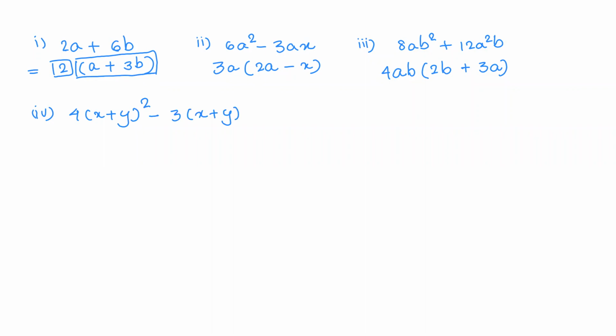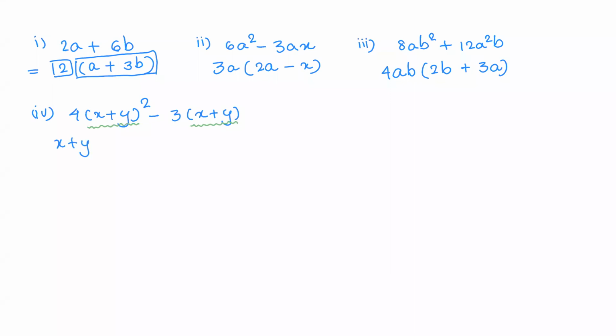So tell me, students, what can be taken out common? What can we take out common from here? So if you talk about the numbers from 4 and 3, we cannot take out anything common. Yeah, of course, we can take one common, but that doesn't make sense here. So we have (x plus y) the whole square, and we have (x plus y). That means in the first term, we have x plus y 2 times. So we can take one (x plus y) common. So we take x plus y common.